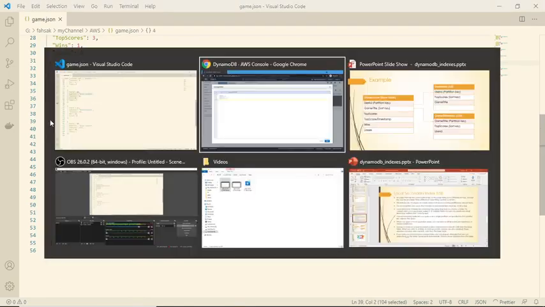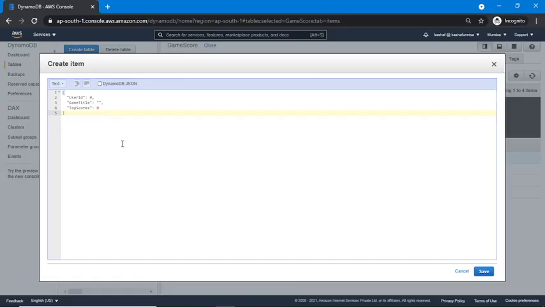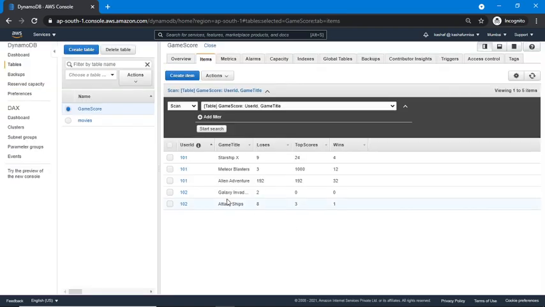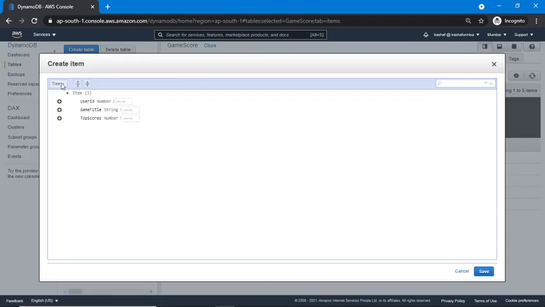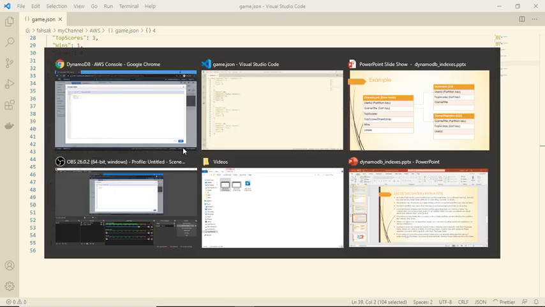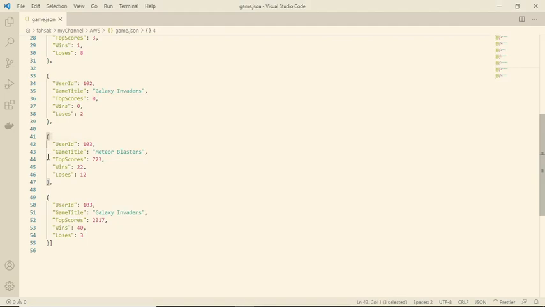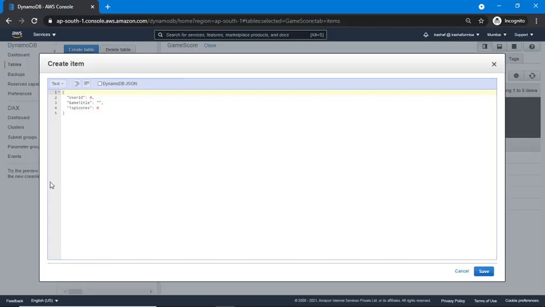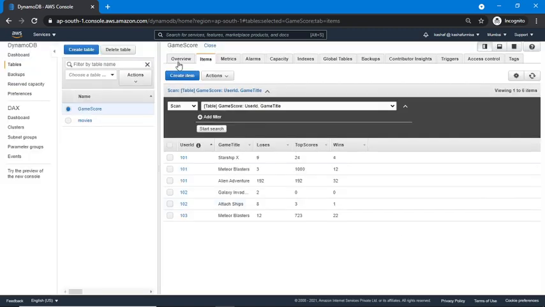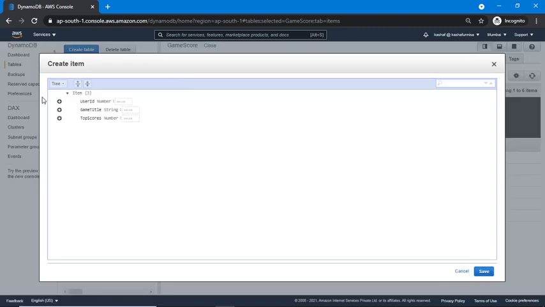So no need to add records or items in both the table and the indexes. It automatically reflects in our indexes as well as our base table. So almost done.